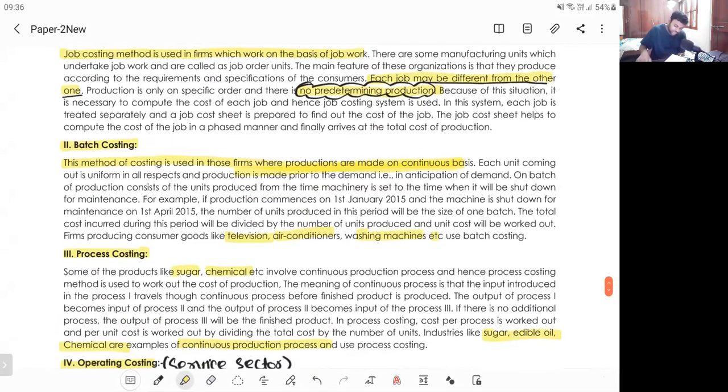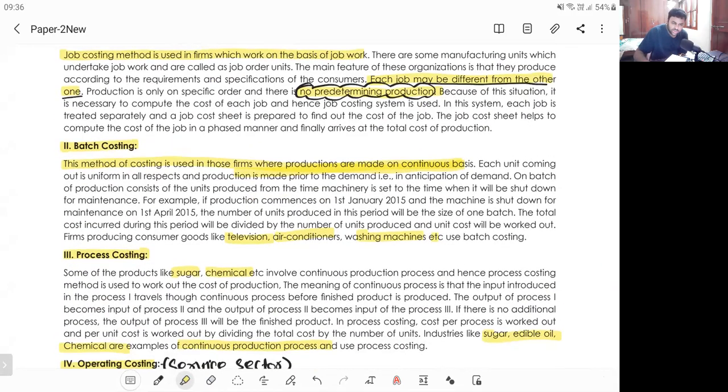Next, batch costing. If production is on a continuous basis and if production is made in batches, it is called batch costing. Now, in case of the toy industry, what happens, my dear friends? A set of toys will be prepared at a time, right? You are producing something in a batch. It is called batch costing. Next, when you go to a Levi's showroom or Peter England, what happens? You have ready-made clothes available. In this case also the clothes will be made in bulk. Your production goes on. Production will be determined beforehand and it will be produced.